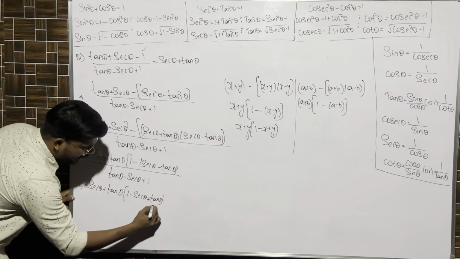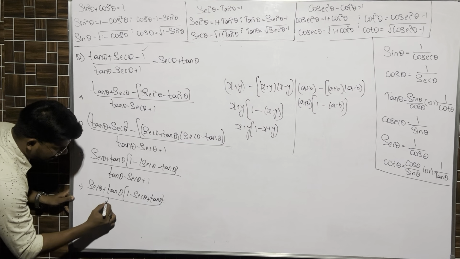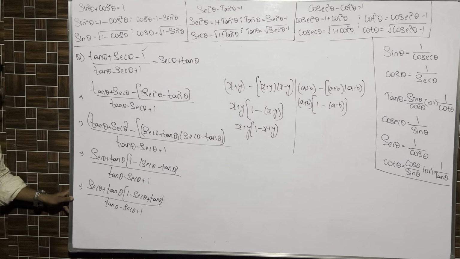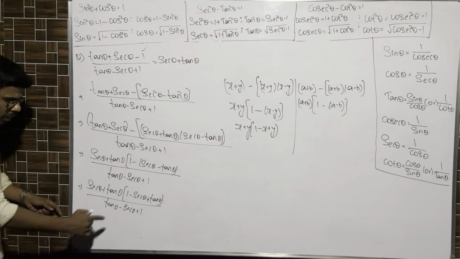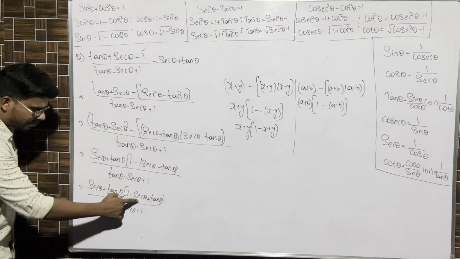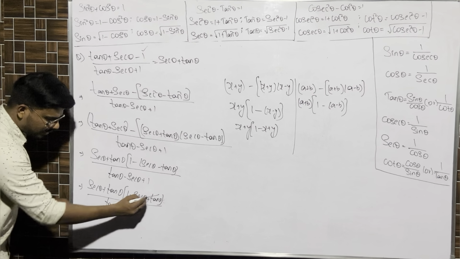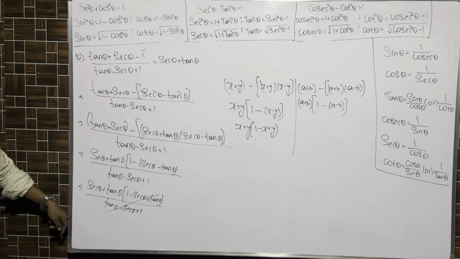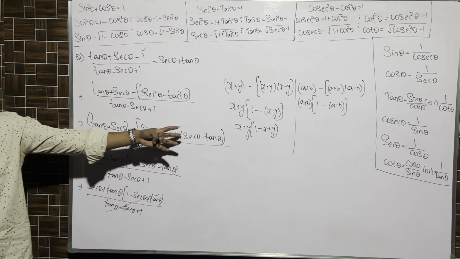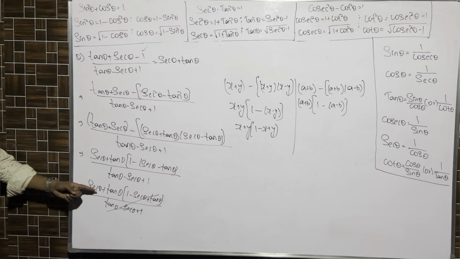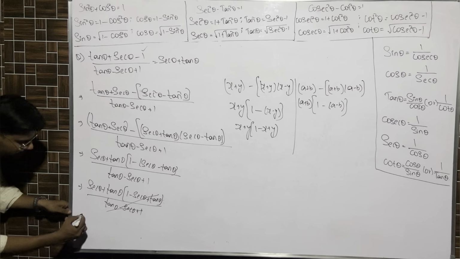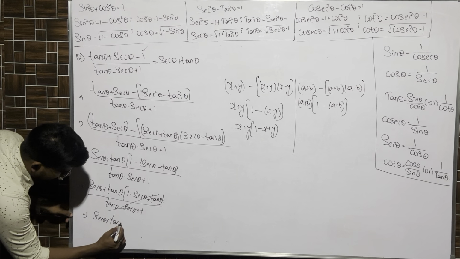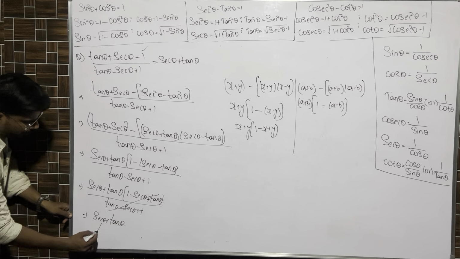Now look at the numerator and denominator. Tan theta minus secant theta plus 1. These two terms can be cancelled because 1 is plus here, and 1 is also plus here. Secant minus, tan plus, tan minus, secant plus. Both the terms can be cancelled. Clear? Understood how we cancelled? Should I take an example or explain? What is remaining? Secant plus tan is remaining. That is what is asked. Secant theta plus tan theta. Hence proved.